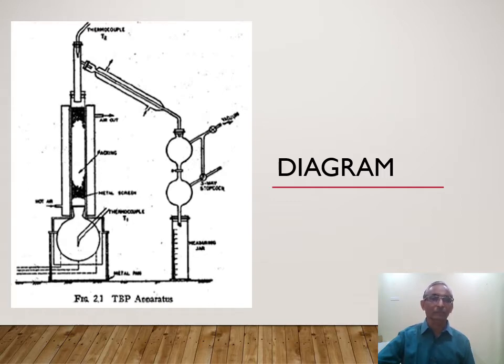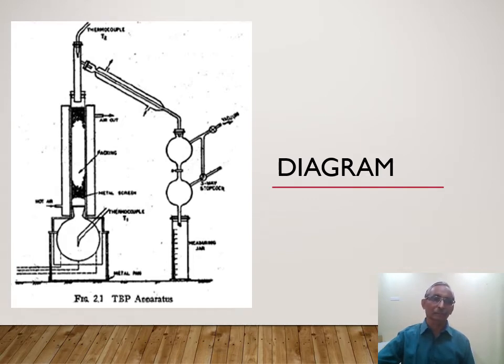That primary data we get with this apparatus, which is called the true boiling point apparatus. Rectification is carried out in this column, and the vapors are enriched here. The very important point is that when the vapors are formed at this point, they are enriched, and depending on that you decide the column height. At the top you get the pure component, which is condensed and collected as product. That is why, due to this enrichment of the vapor, the equipment is called the true boiling point.